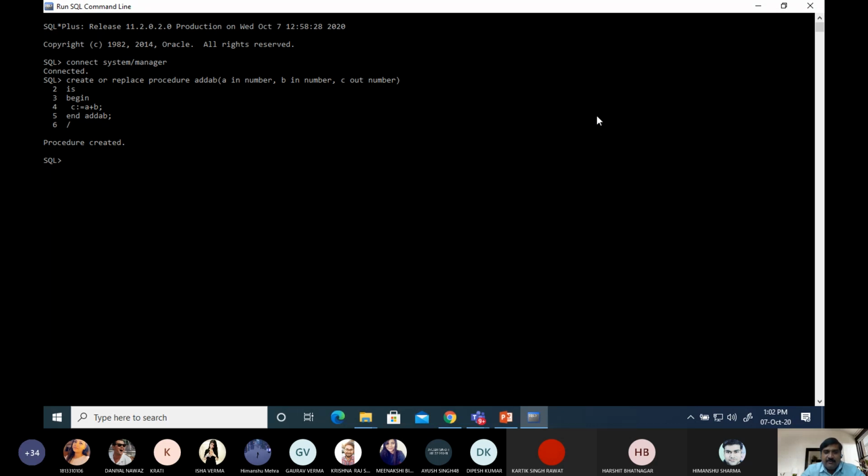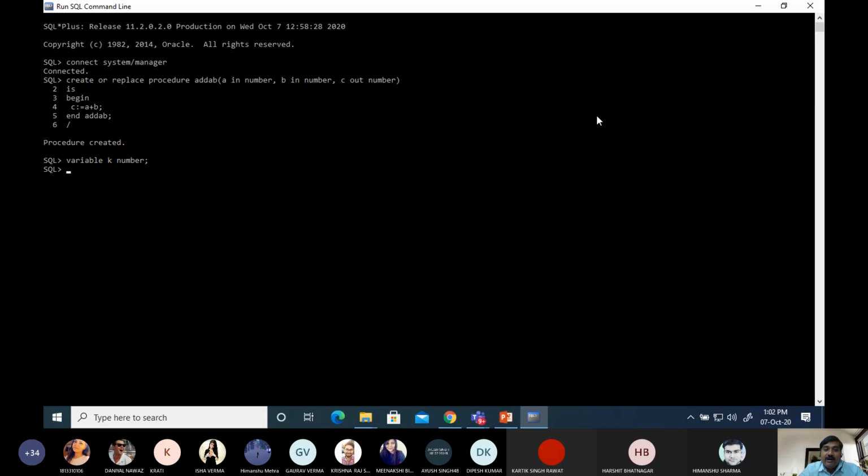If we want to declare any variable through SQL prompt, then command is variable, then variable name, and type is number. In this way we can create a variable K, but K is bind variable.